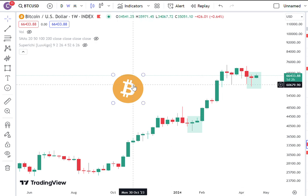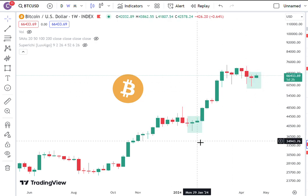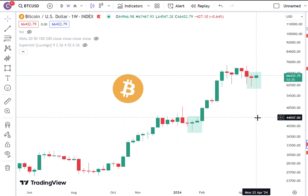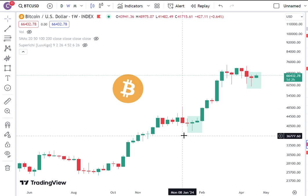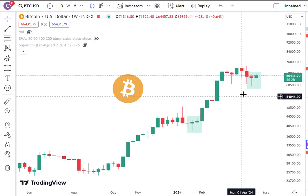Hey everyone, I think Bitcoin's going higher. It's looking like it's forming a very similar pattern as it did back in January 2024 before a few big green candles up. What we're really seeing here is a couple things. One is there's a tweezer bottom, and this candle over here also looks like a hammer bottom, and a hammer bottom over here. There's a lot of different correlates, and one indicator I also like to point out is this anchored VWAP,